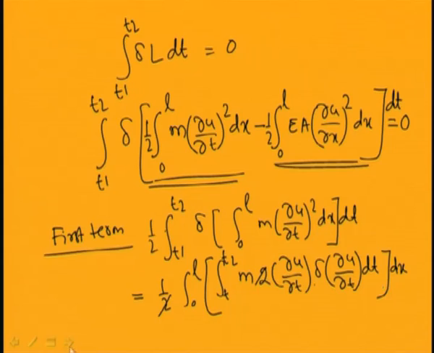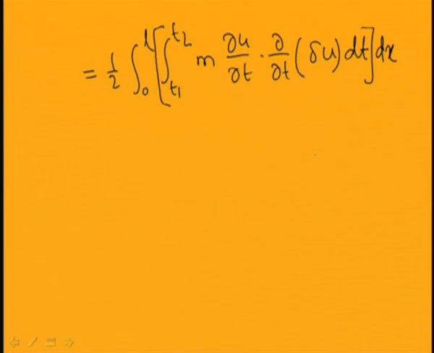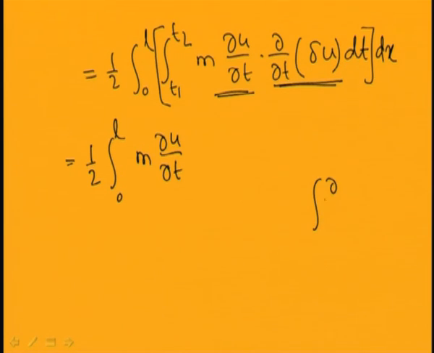So, now I can integrate this by parts. I can take these as the first function and these as the second function. By taking these as the first function, I can write this expression as integration 0 to L of m, where the first function remains as it is, then the integration of the second. The second term is del by del t of del u, so integration of del by del t of del u dt